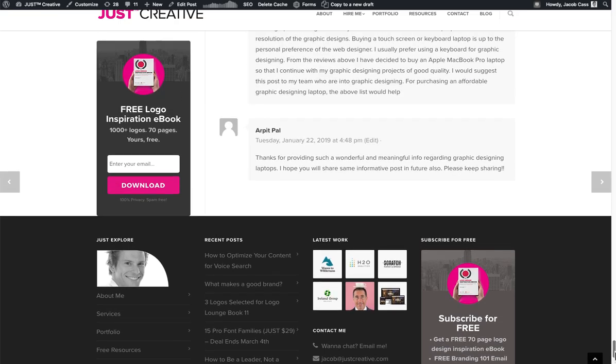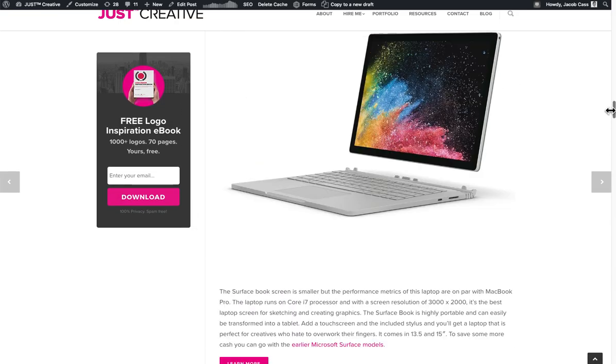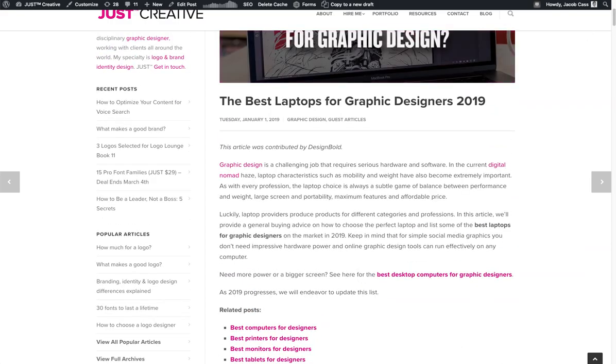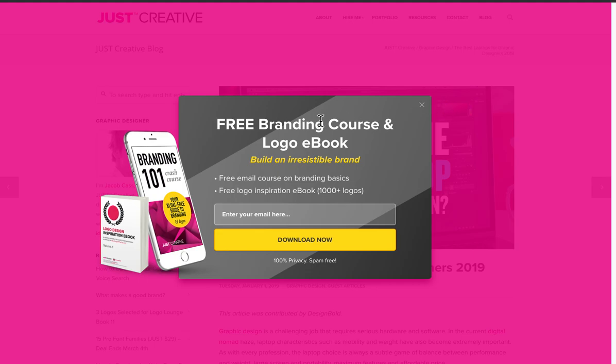But these are only 3 of them, all different spots, but the main place I actually have it is a pop-up that covers the whole site, and that's shown here. So they're scrolling through the site, probably about 5 or 10 seconds in, this pop-up comes up. It blocks out everything. They can close it if they want to, but it's very confronting, and as long as